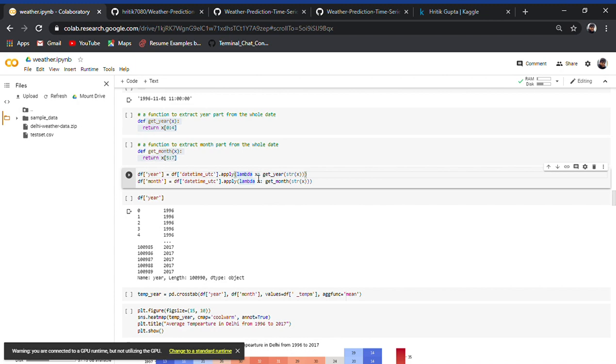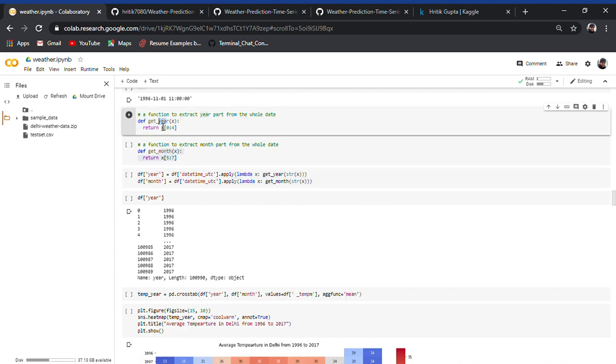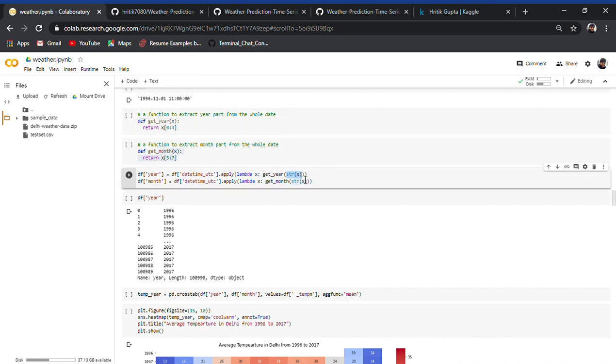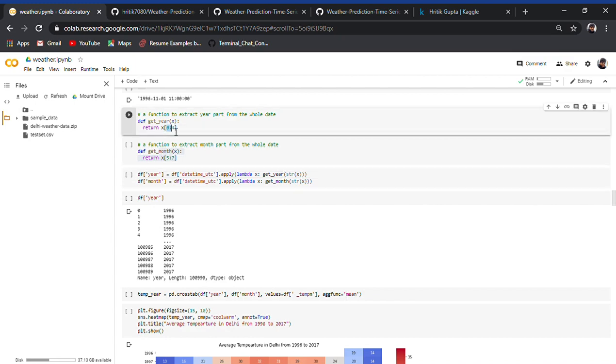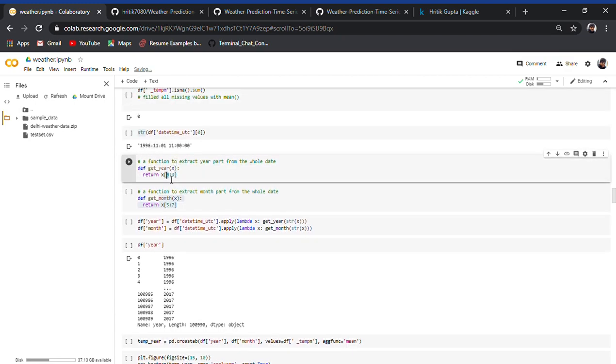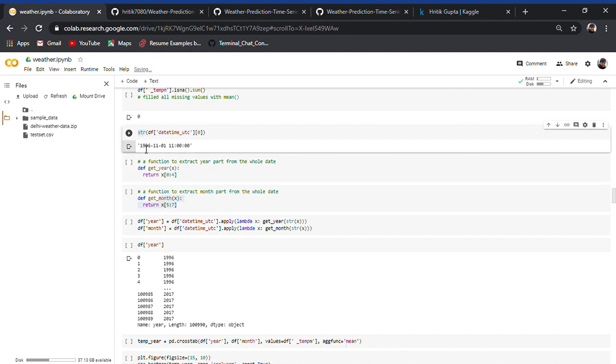Inside this we are using lambda functions and this get year, which takes the datetime value in string format and extracts the year part, index 0 to 3. It will return this part.